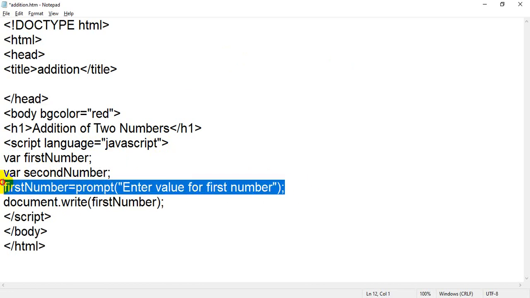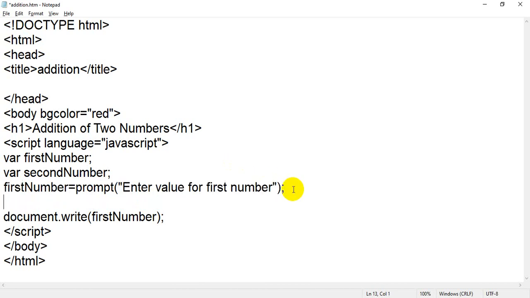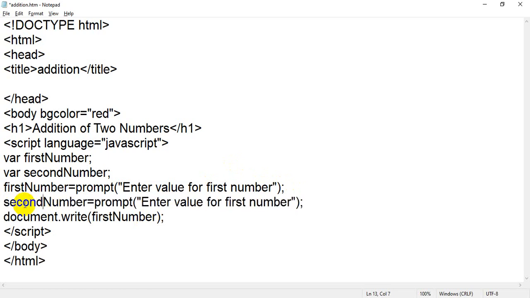Just to save time, I am just copying. Control C, Control V, and instead of first I will change it to second. So now I have taken two variables. First variable is first number, second variable is second number. Now I have taken two prompt boxes.